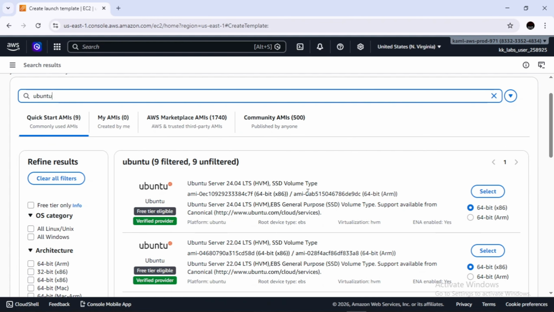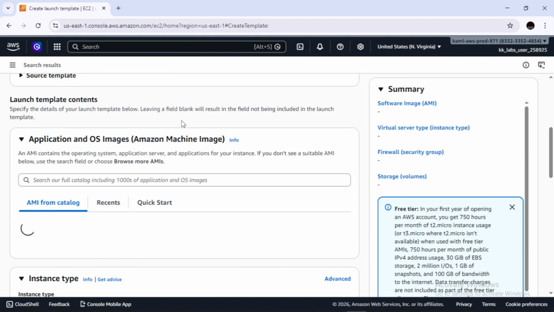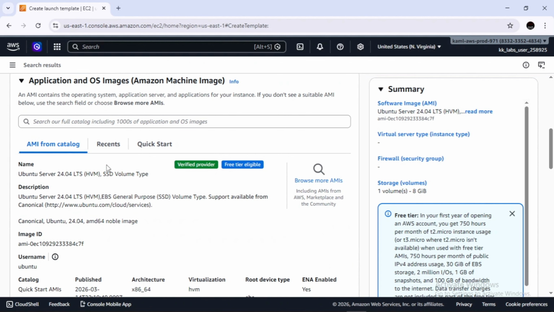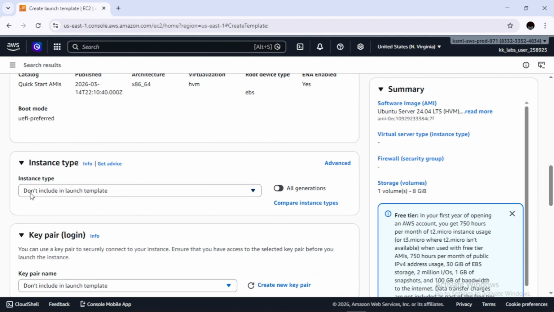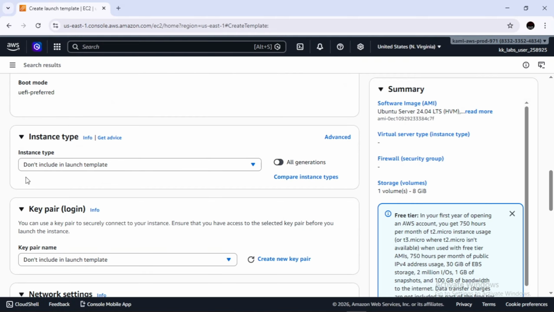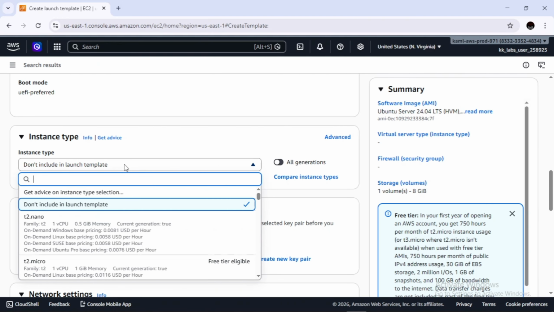This is free tier eligible. Select this. So the instances from this launch template will have Ubuntu installed on them. Now for the instance type, there is an option of don't include in launch template, so I'm going with this one.